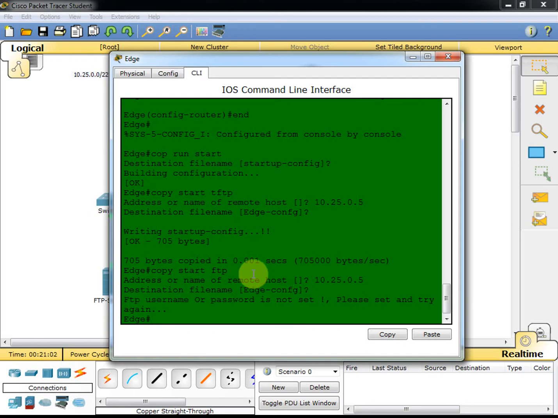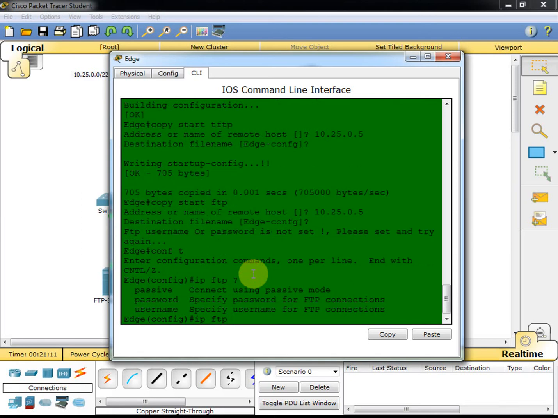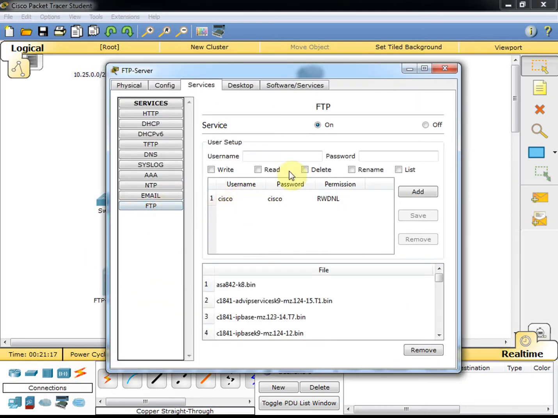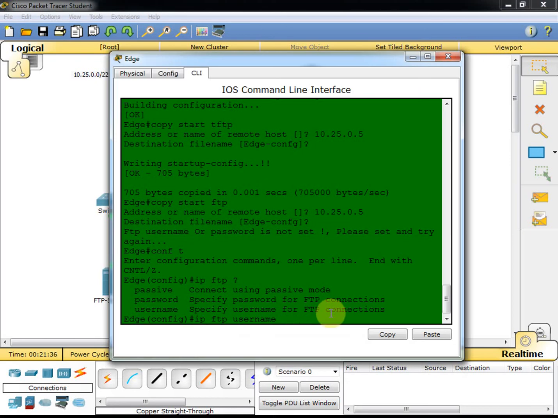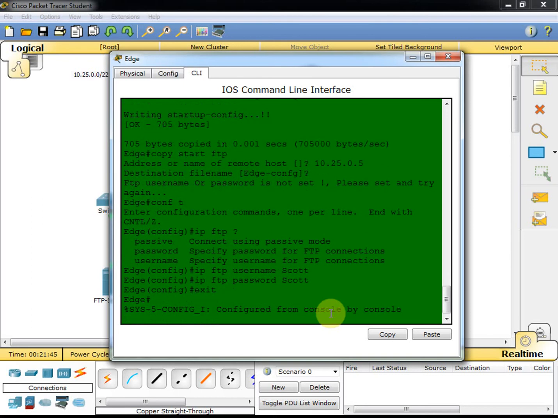So to do that, we'll get back into the global configuration mode, and we'll do IP FTP, I believe it's host name, username, as Cisco as it matches on the FTP server. Again, if we wanted to do something else, we would just need to add credentials for that user on the FTP server. For example, if I wanted to use Scott with the password of Scott and give myself full control, then I can configure that on the router as well. So let's go ahead and do it that way. So I create the username, then I need to set my password, and then